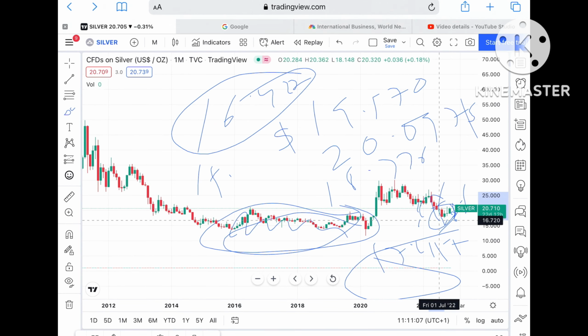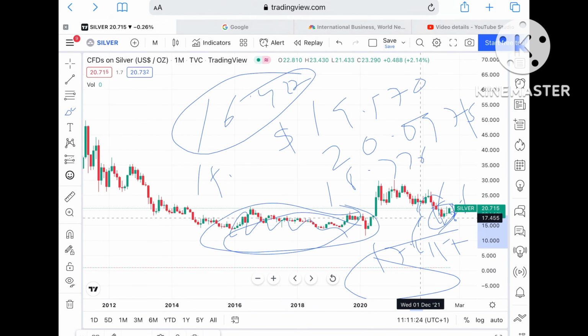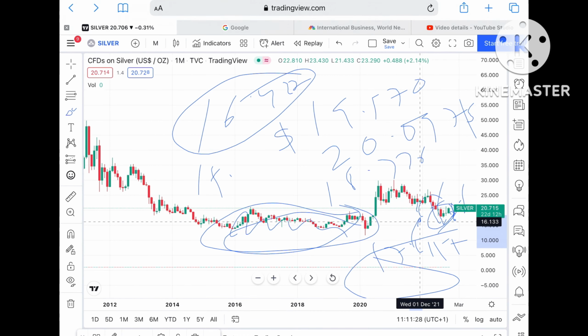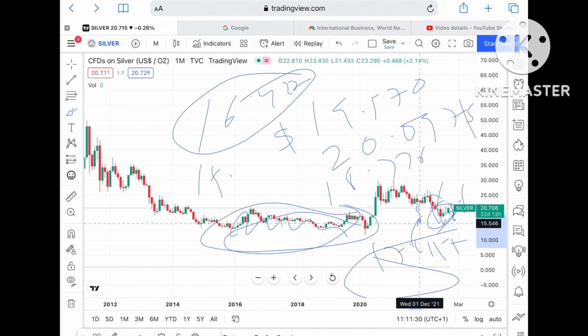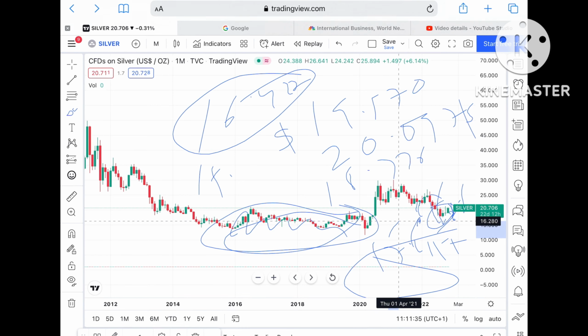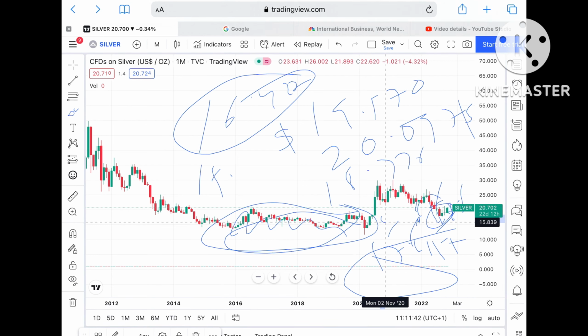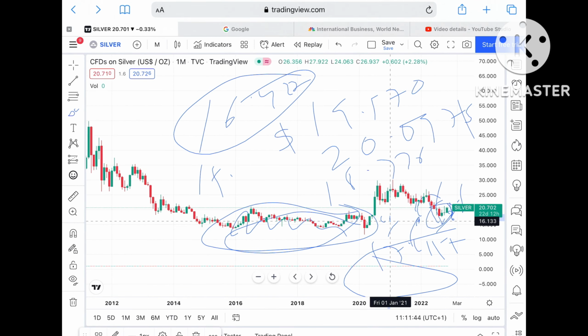A probability of going further down towards a level of 16.427 will be there, and once it goes below a level of 17.5, then we can see it can touch a level of 16.280 to a level of around, we can say, 15. So once it goes below a level of 17.5, then we can see it can touch a level of $16.427. From there we can see it can move further down towards a level of 16.133, and if the price